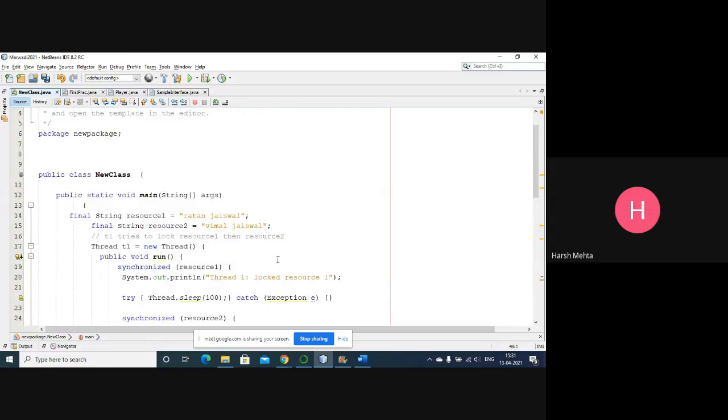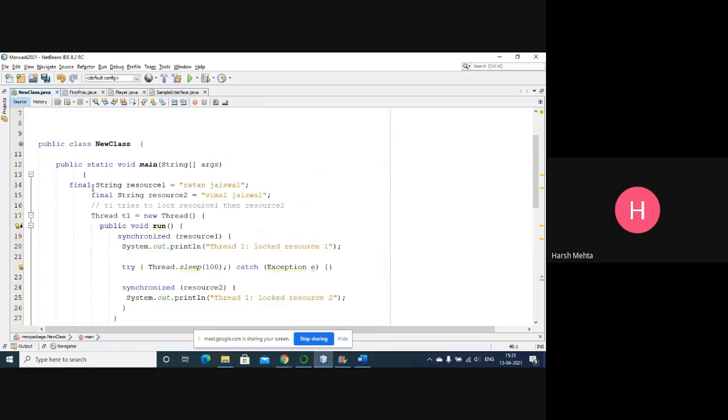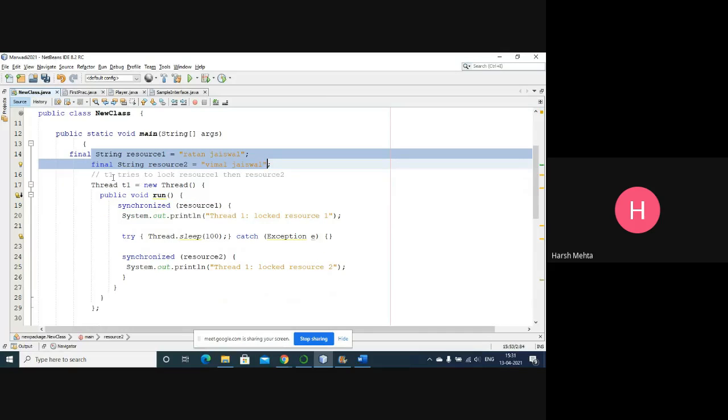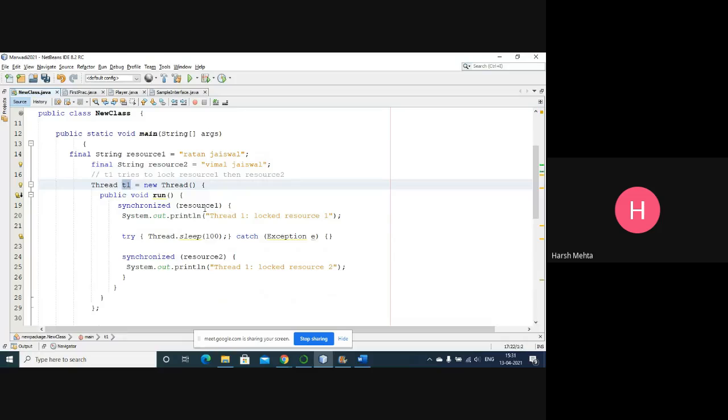Okay, now let's try to understand. So these two resources are given. This thread T1 tries to lock resource 1, then resource 2. So thread T1 has put a lock on resource 1.